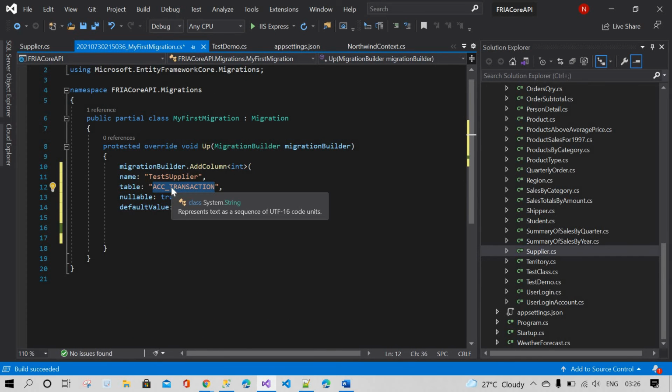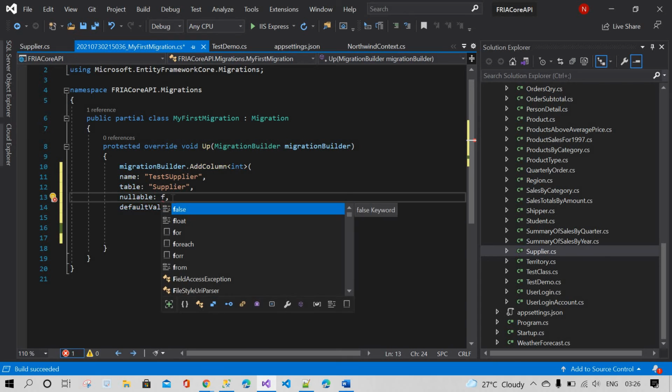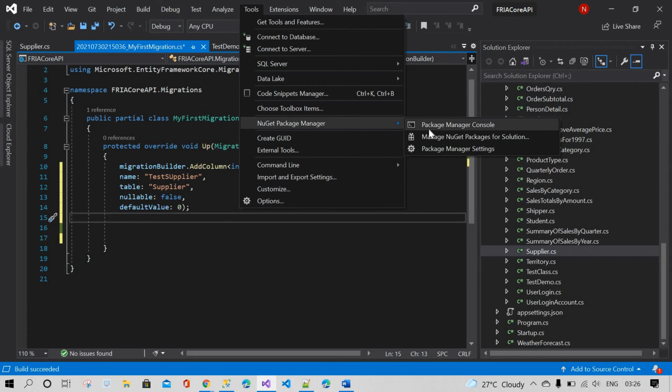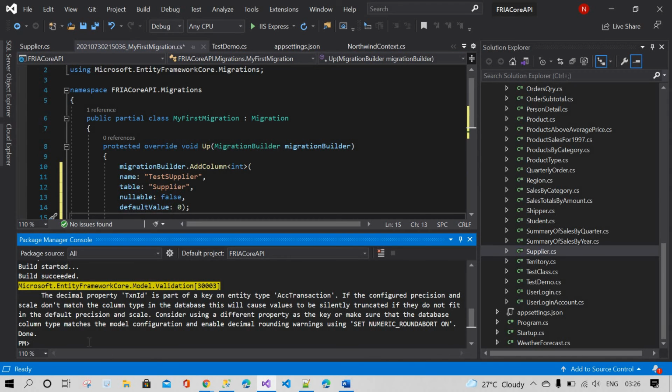Our table name is Supplier. Is it nullable? No, false. I want to keep it as false.